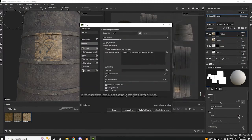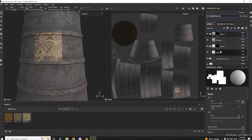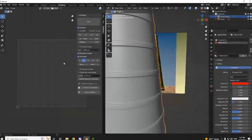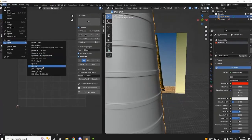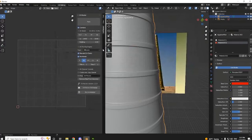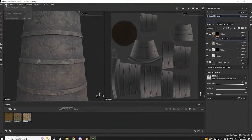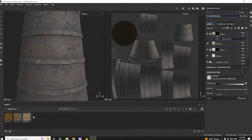Let's get this. Bake it. Here it is. I think it should have the bake. Mask color selection. Nope. Oh, I didn't assign it. Give me a second. Okay, here it is. So basically, I can just now bake this one, and I can use it